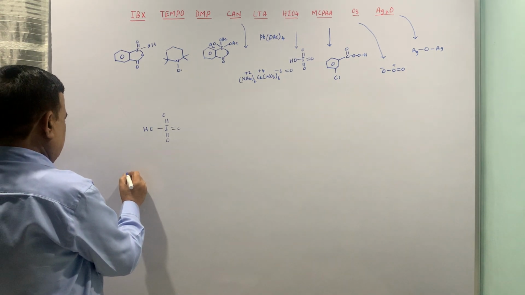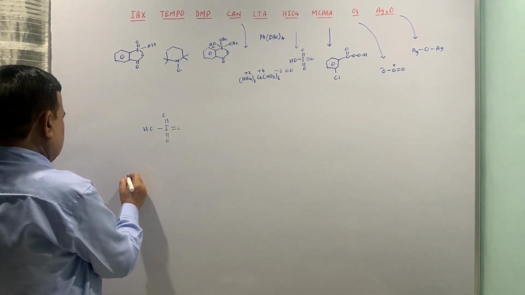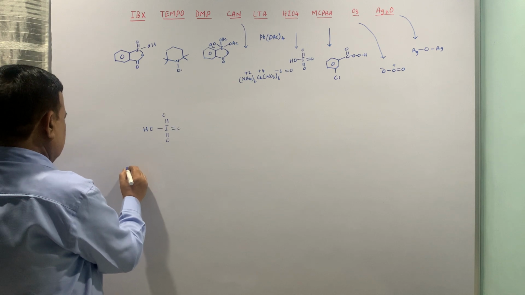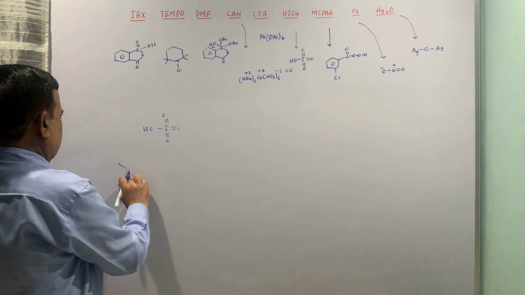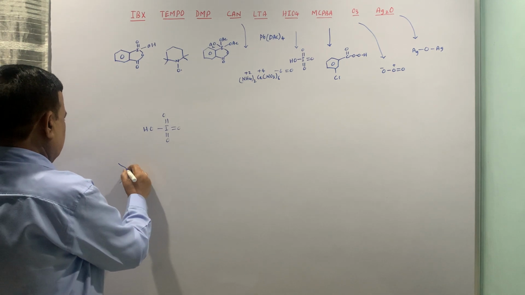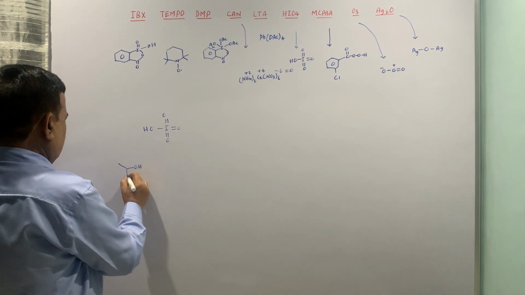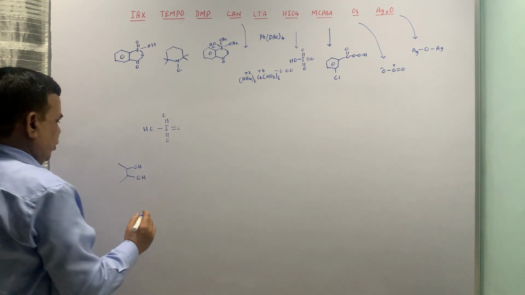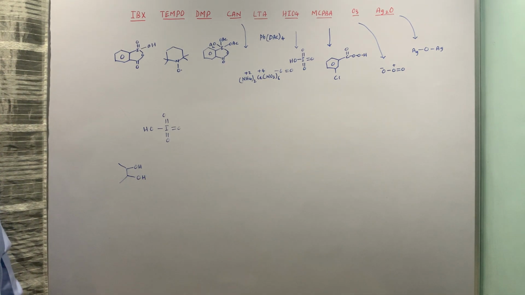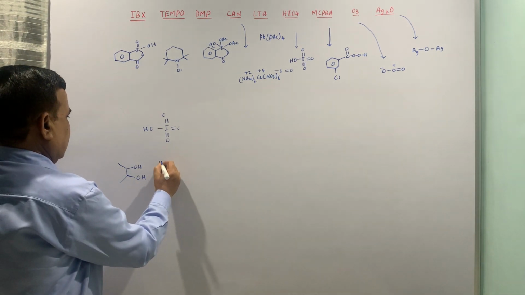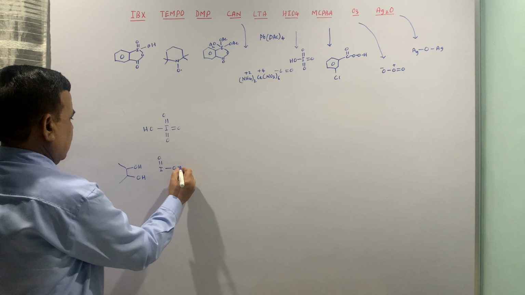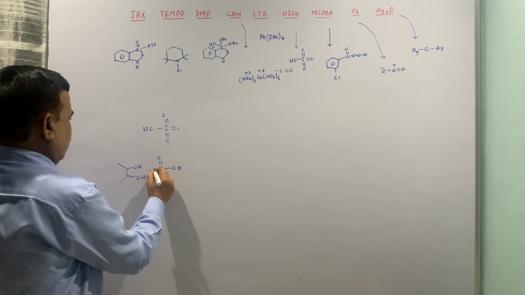The use is once again restricted to the diol. So let me take one diol of this butene, like 2,3-dihydroxybutane, and here I can show that this is the compound,